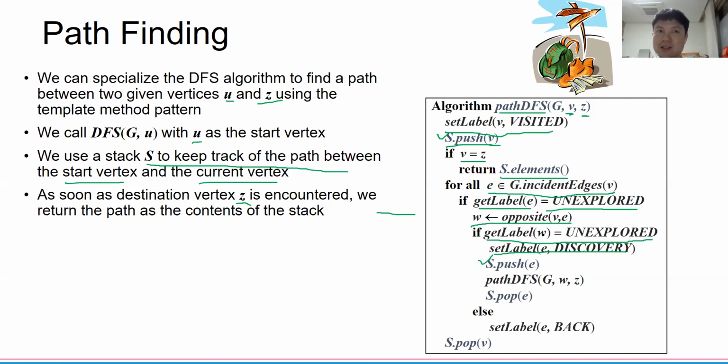Because it is not visited, I would like to put this E as the edge for the next trip. After I know the next trip with this E, I would like to make the path DFS G, W, and Z. Okay, so the W will be the next